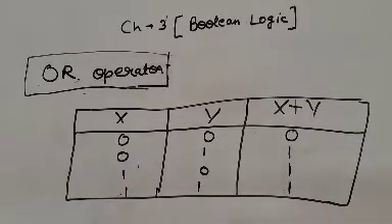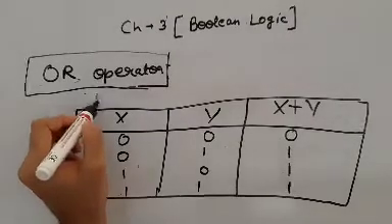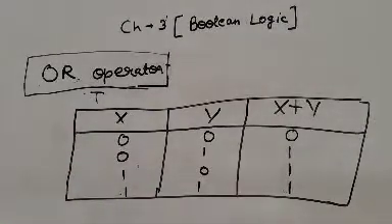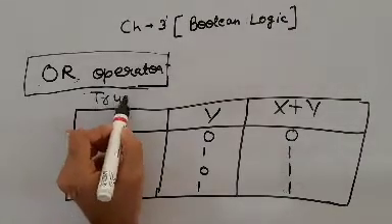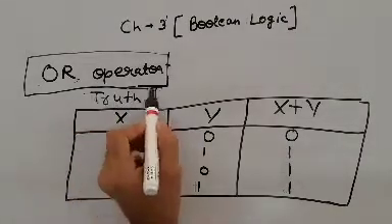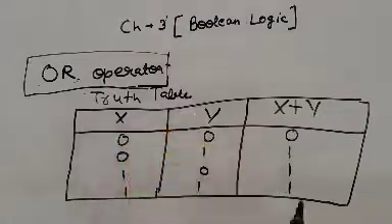So from this truth table, you can conclude that when both conditions are false, in only that case you will not get any output on your terminal. Excluding that, you will get a positive output every time any condition is true, and when both the conditions are true, you will definitely get an output. Is that clear, students? This is the truth table for the OR operator. I hope you understand this concept.